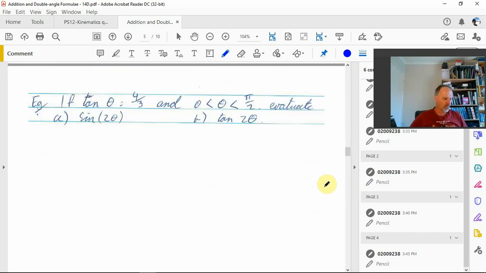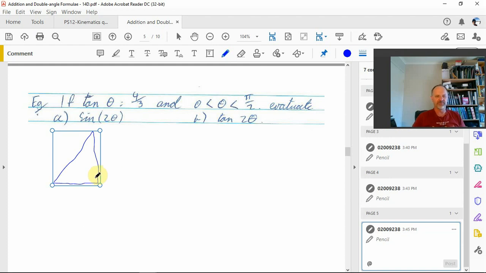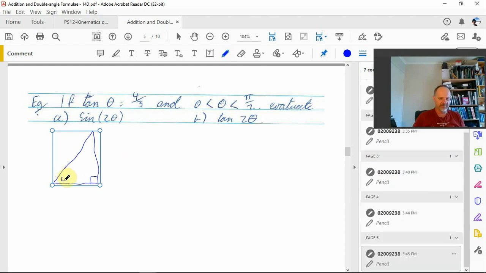Before we go any further, we can first say, if the tan of theta is 4/3, and we know from our unit circle and all the work we've been doing with solving equations that tan is opposite over the